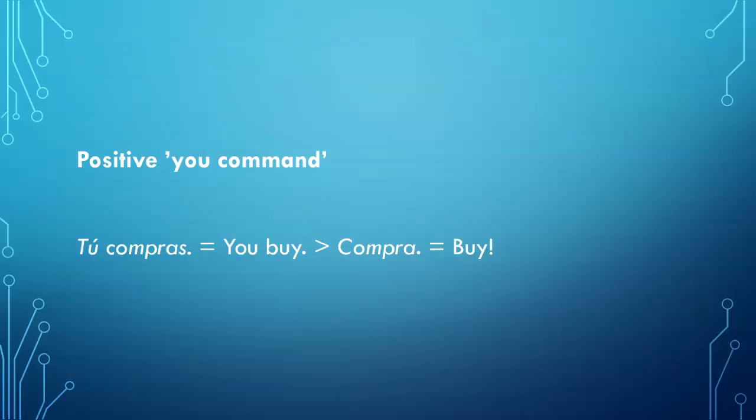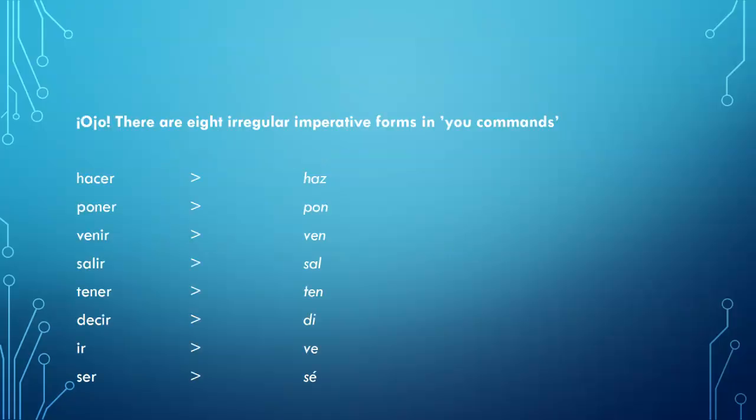Positive tú commands, okay? So first you have to say tú in present tense. Tú compras, you buy. Then you remove tú and you remove the final S. Compra, buy. Okay? There are 8 irregular imperative forms in tú commands to say